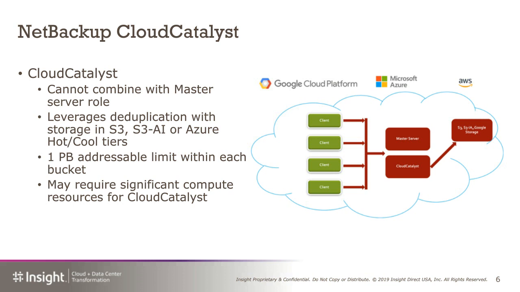It's very similar to your on-prem setup. And I know I'm pointing this out a lot, but this is one of the key things, that it looks just like your local environment, except you're leveraging the cloud to do this. You can leverage deduplication with some limitations. Each bucket is limited to 1 petabyte of raw data. Depending on deduplication ratios, this could be much more front-end data,